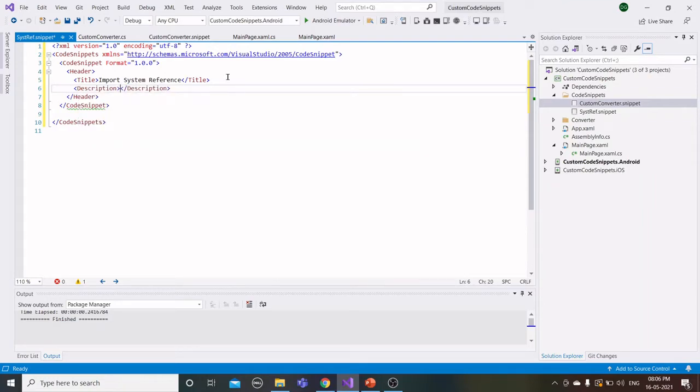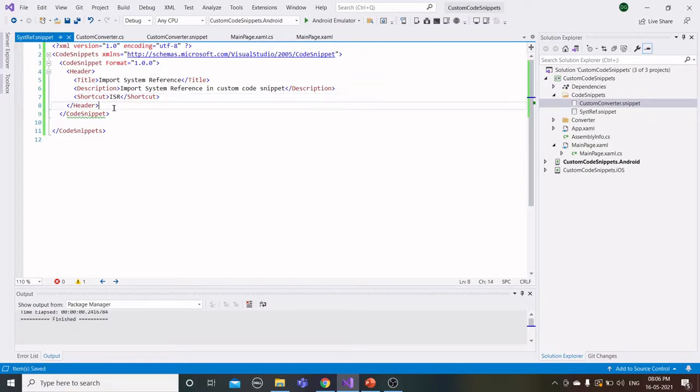And next, we need to give the description. And the third one is the shortcut key. Here I am giving the shortcut key as ISR. Now the details are completed.